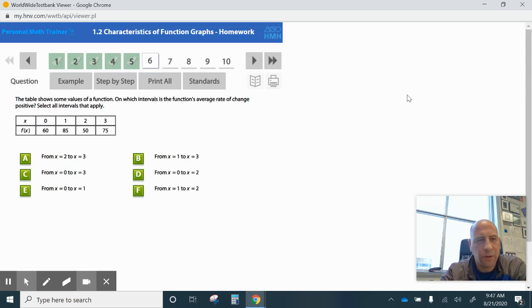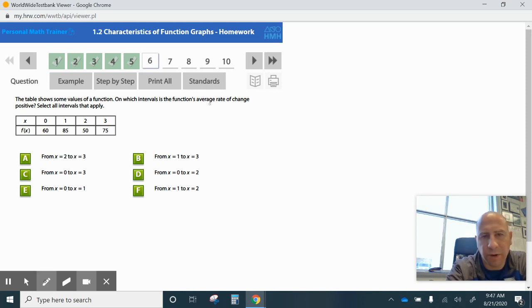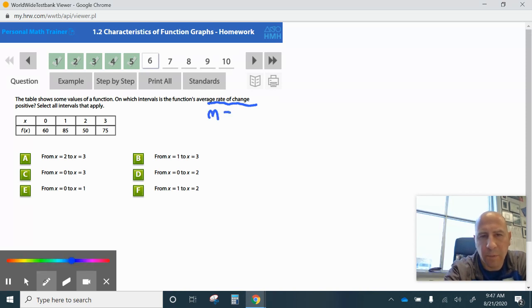All right, question number 6. The table shows some values of a function. On which intervals is the function's average rate of change positive? This is where we're going to need a little bit of work, but let me first address rate of change. Rate of change is m, which is slope. So we need to find the slope of each of these. So first off, let's look between 2 and 3. So that's here. So A,